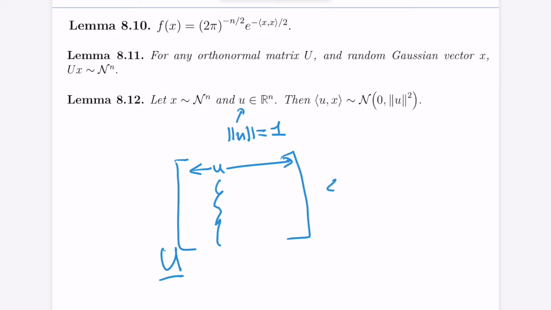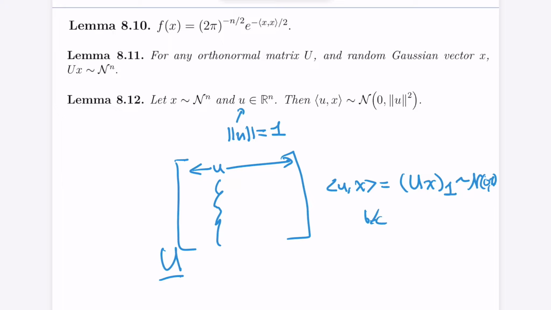Then the little u times x is the first row of Ux, which is following a normal distribution,